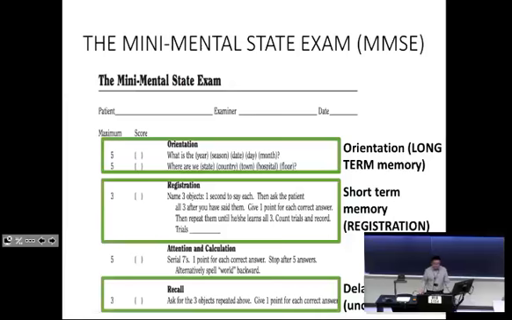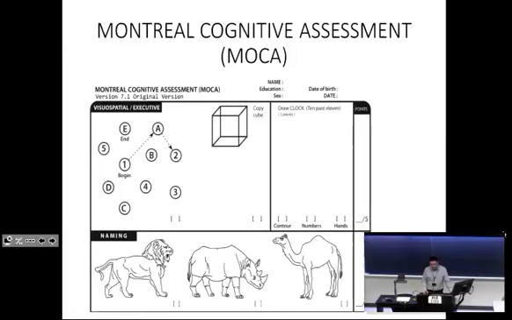The idea of vascular dementia, the idea of diffuse Lewy body disease, the idea of frontotemporal dementia, they weren't going to be invented for another 20 to 30 years. Okay, so that's why the MMSE suffers for being relatively insensate to these things. Mild cognitive impairment would not become a diagnostic entity until about 30 years after the MMSE was created. The MMSE was really meant to determine whether someone had dementia. So the Montreal Cognitive Assessment comes along after all of these other diagnostic entities exist, and it is far superior in many ways. So one of the things that, just focusing on memory for now, it does is that it